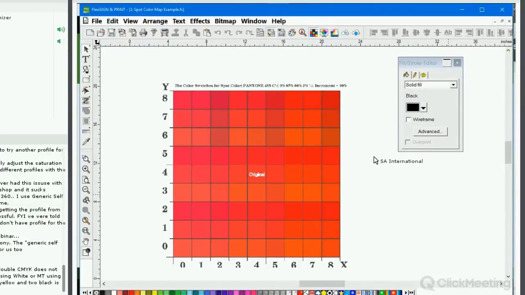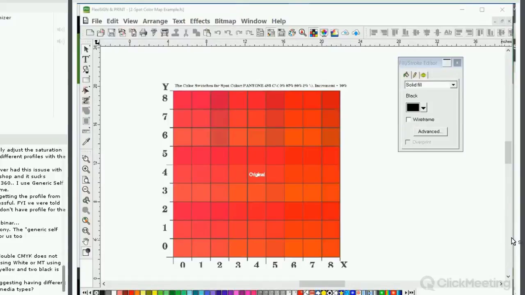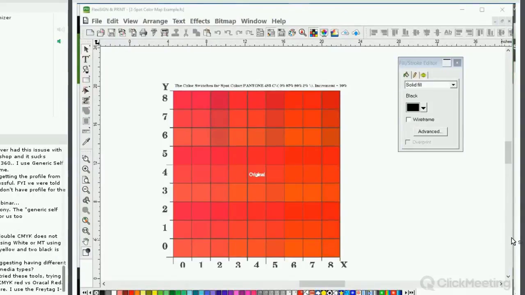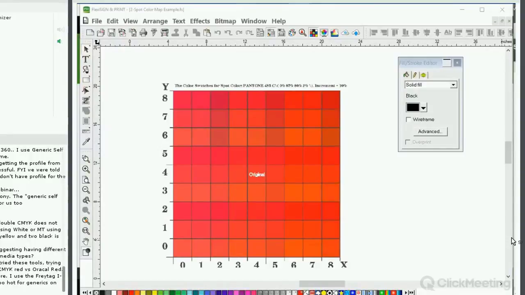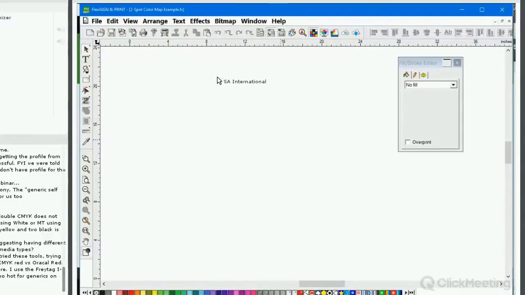So let's see. We've got some other questions here. Looks like we've had a lot of different discussions of different substrates and different profiles. But it looks like one thing I'm reading from all the comments is that red, the color red, has been really difficult for a lot of people. Yes, and why is red such an issue? It's an interesting question because